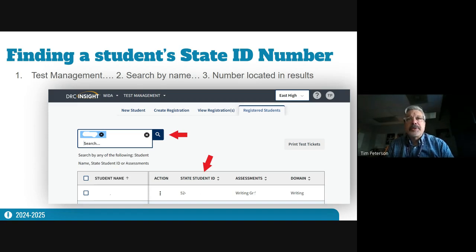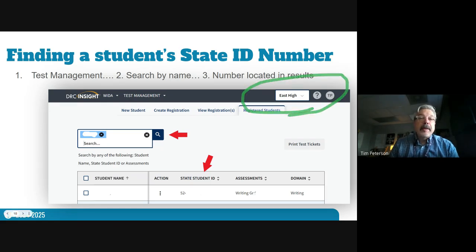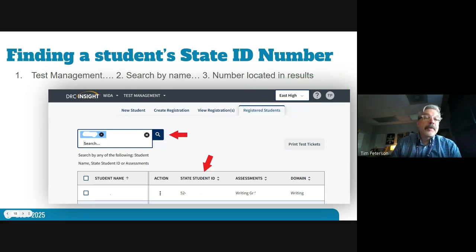Make sure you're under registered students. This one I have set for East High School. So if you were just to use this same setting, it would not get you what you need. But right here, you put in your school name, registered students, the student name, search for it, and then you will find the state student ID listed.